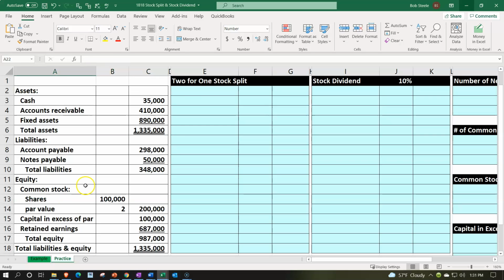I don't need this down here. I don't think we need this. So I'm going to go ahead and enter this whole thing as if we had a 2-for-1 stock split. And that's going to be a lot of formatting because this takes place on the equity side. But I think it's useful to just redo the entire balance sheet so that we see it in alignment with